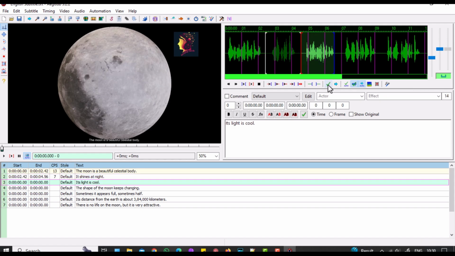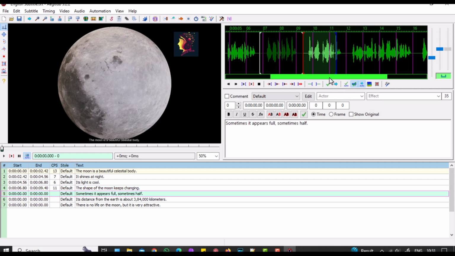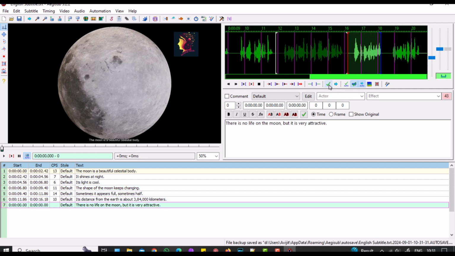Press space for the preview and then the green tick to finalize the subtitle. I have fast-forwarded the video to keep it short. Prepare the subtitle for the whole video like this.